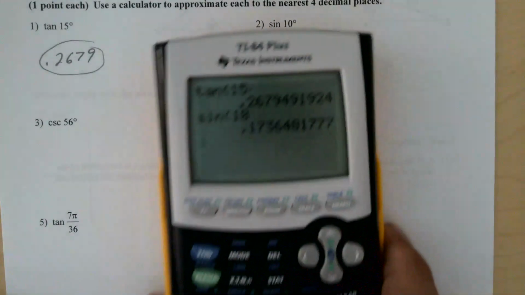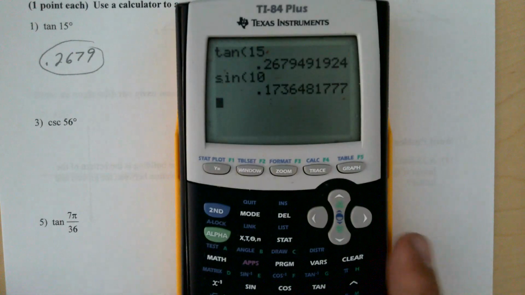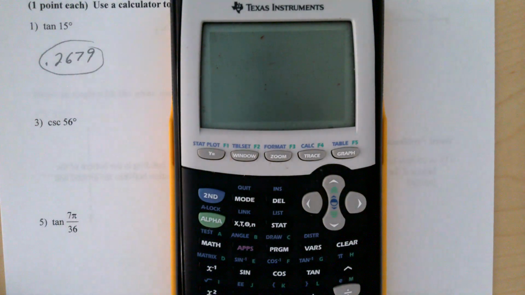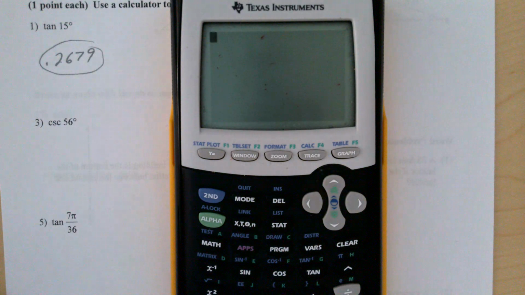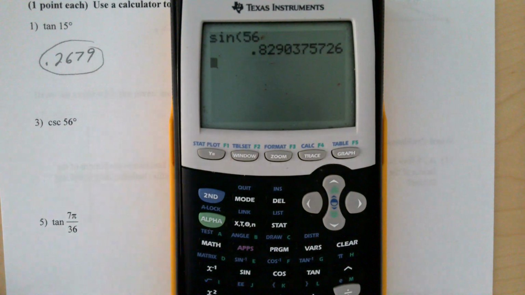Okay, so now this is the cosecant. So with cosecant, there's no cosecant button. We only have sine, cosine, tangent. So what you need to realize is when you see cosecant, we're dealing with sine. Okay, so we're going to take the sine, which is opposite over hypotenuse, of a 56-degree angle. It tells us there's the ratio. It's about a